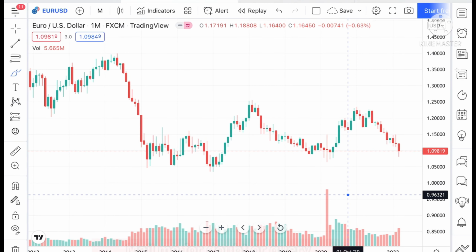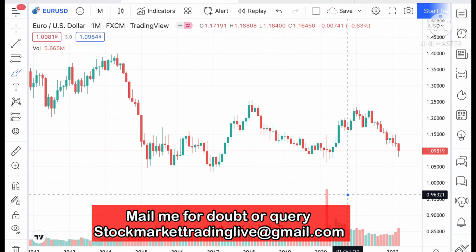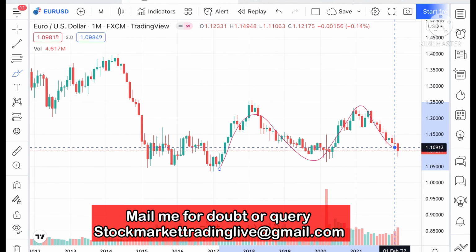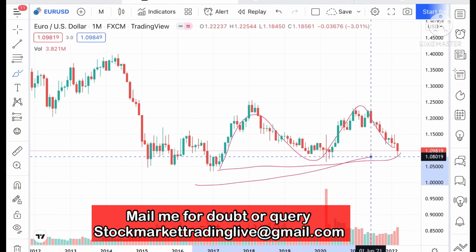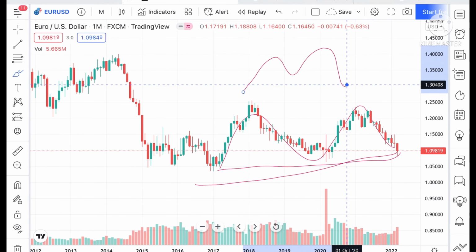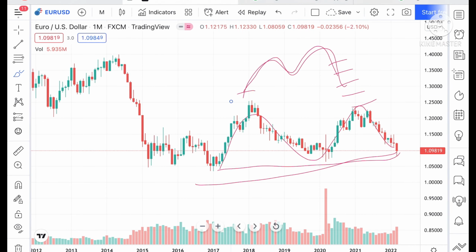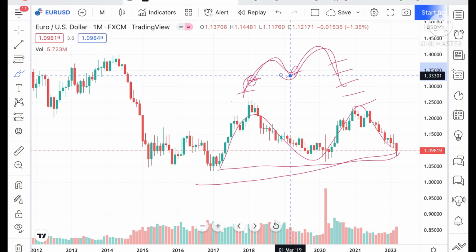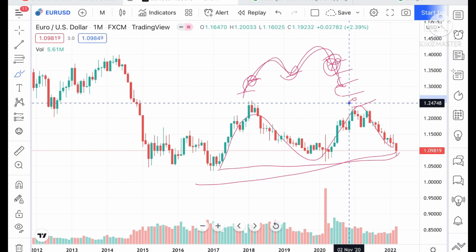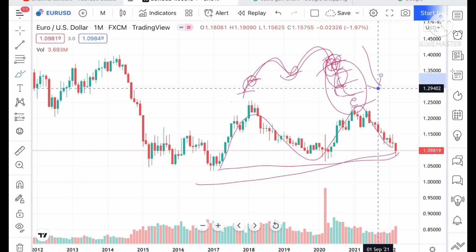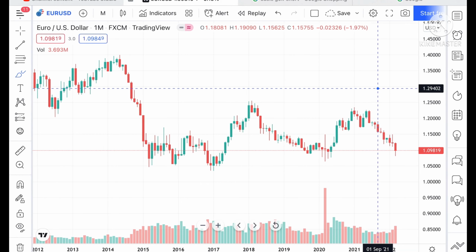If you look at the chart, we can see that Euro USD is currently moving around 1.09819, and an M pattern is forming in this particular zone. If you look at the M pattern, support will be tested, because it has already been tested here once. If it tests for the third time, the probability of moving downside will be high. Suppose the price doesn't sustain this level,